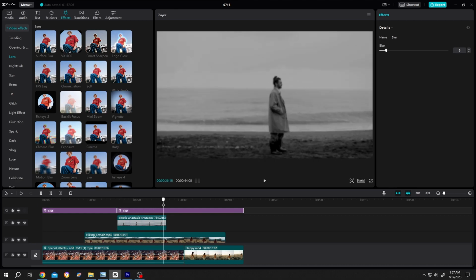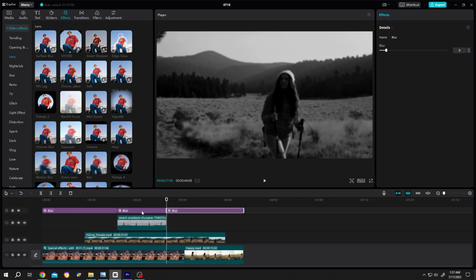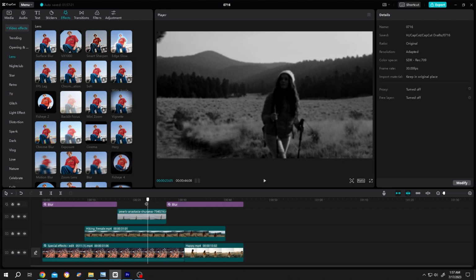Then move the playhead again. Ctrl B. Select the part, delete. Done. No blur,